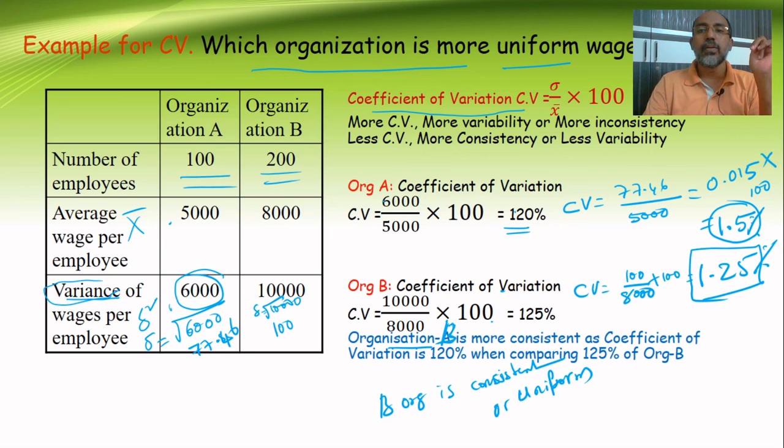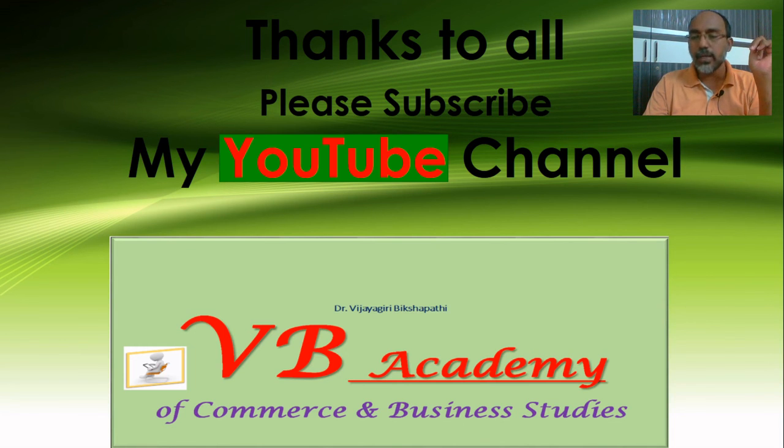I think with this I have completed the standard deviation. Before concluding, standard deviation is a mathematical calculation. It uses the mean. Based on the mean, the standard deviation has been calculated, and it has all the good characteristics. Hence, the standard deviation has been declared as the best method by all the statisticians, and it is also helpful in further statistical calculations based on the standard deviation and x bar.